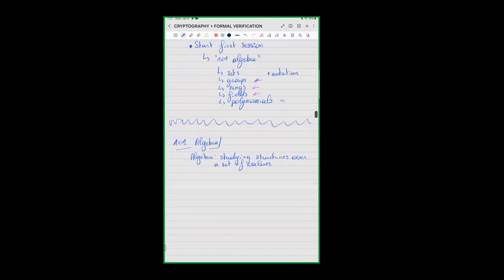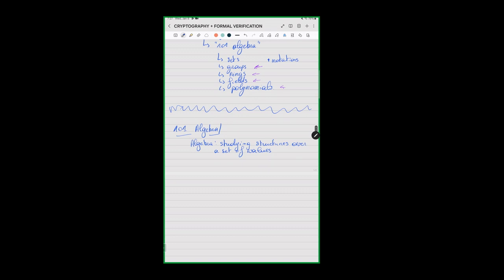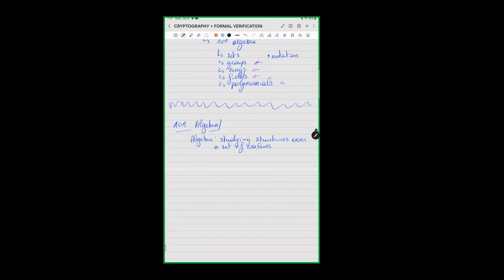So I'm going to make some reminders regarding sets that I think everyone knows, and some notations. Sets are just a set of values. In a programming language, you can consider that it's a type, and we're going to see later when we implement in Rocq or others how we embed that in a programming language.